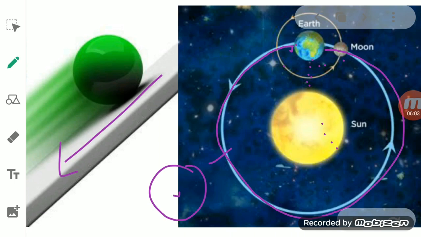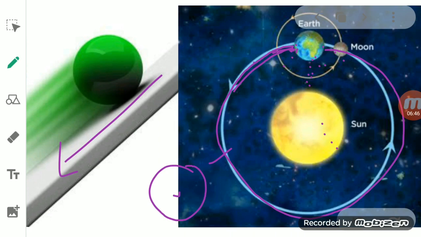Rotational motion is what? It is the motion in which the earth moves on its own axis. We know that the earth rotates on its axis, so it shows rotational motion, as well as revolution around the sun. So what kind of motion is this? The earth starts from one position, covers the same distance in a fixed period of time, and finally comes back to the same point again. That kind of motion is known as periodic motion.